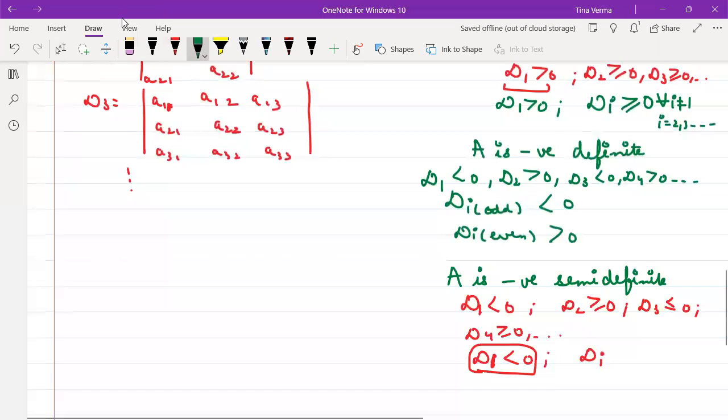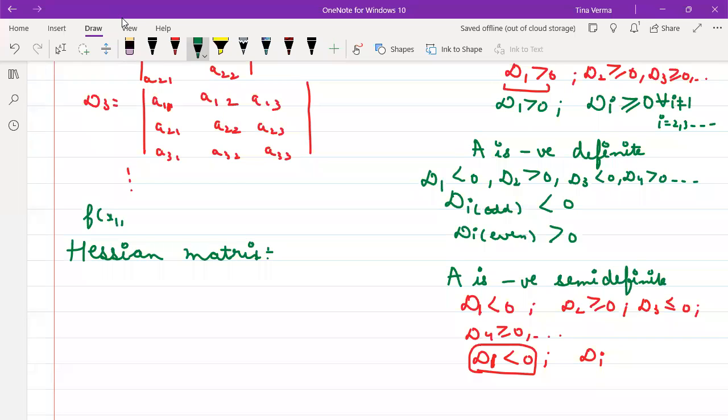Next we are using the Hessian matrix. This was a simple matrix about which I told you. Okay. The Hessian matrix is this: if you have any function of n variables, then your Hessian matrix is formed when you take the partial double derivative for the first variable with every variable,